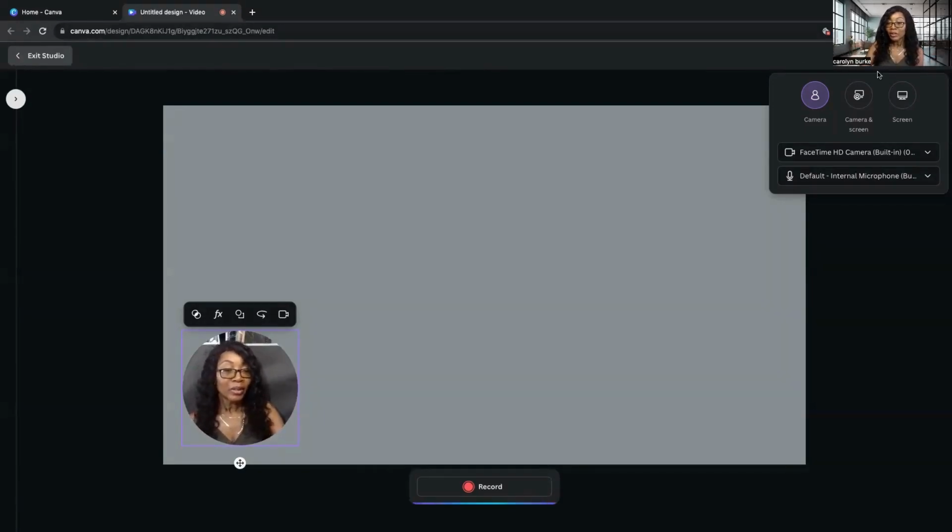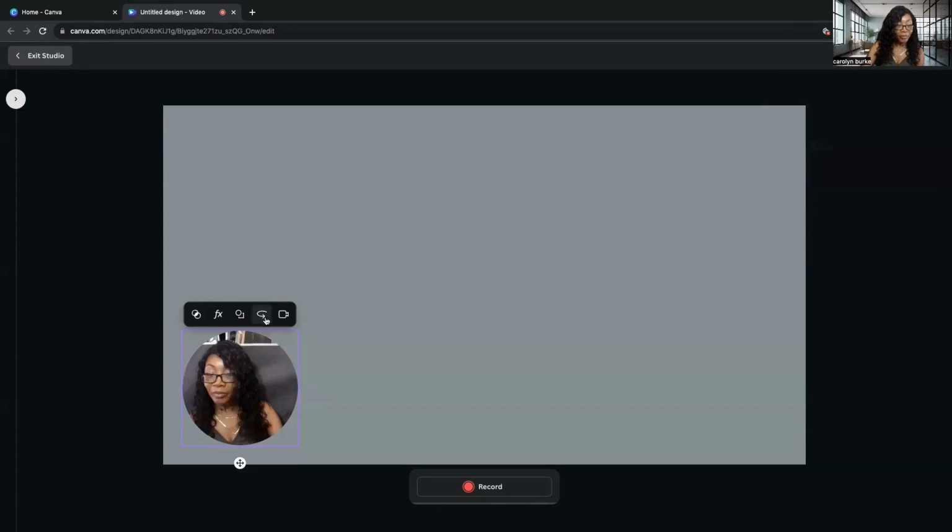So from here, you're going to go to the right and you will see three options from the camera. You can either just do a camera without audio, you can do a camera with the screen, or you can just do the screen. So today I'm going to turn off the camera. Now, if you look here, you will see some options like filter, effects, changing the shape of this screen here. You can also mirror it, and you can turn off the video, which is what I'm going to do